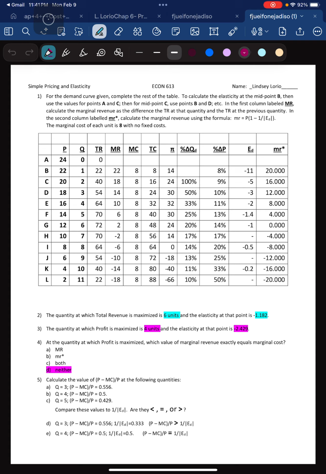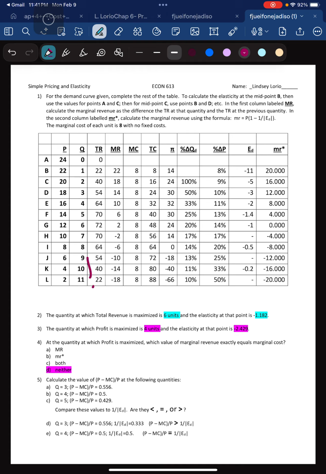Basically, we were given the price and quantity for a particular demand curve, and we were also given the marginal cost. So I went ahead and filled in the marginal cost in this column, and we were given these. And from there, I'm just going to clear this off. I calculated the total revenue by doing the quantity times the price, and then filled that in